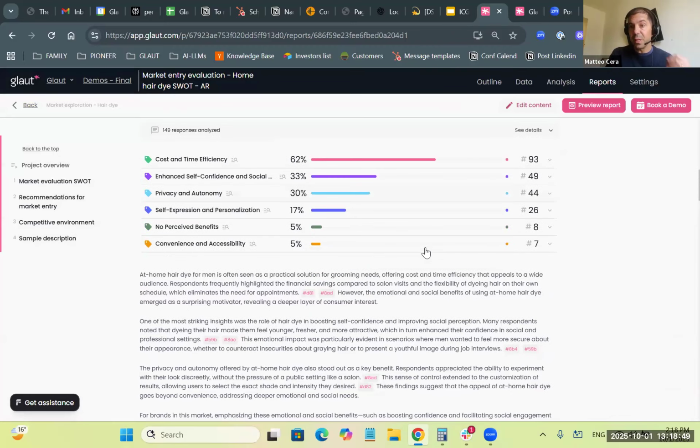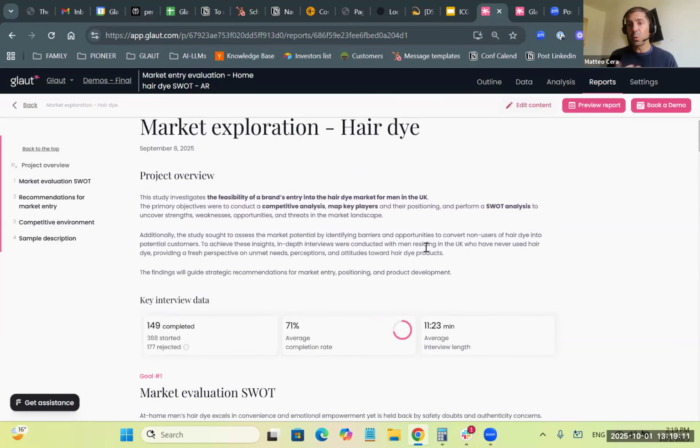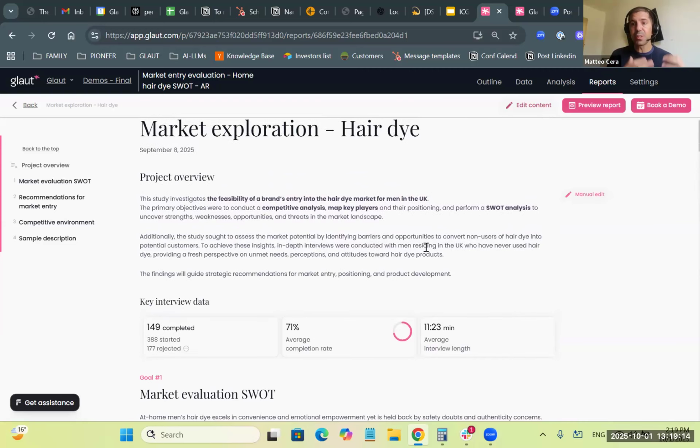And then basically this happens over and over for all the goals of the analysis, and basically that is how we can get from the field being closed a couple of hours ago to a fully fledged first draft report in a matter of an hour and a half. It's an interactive process because the researcher will be able to add and manually change wordings, verbatims, and so forth to personalize this type of report.